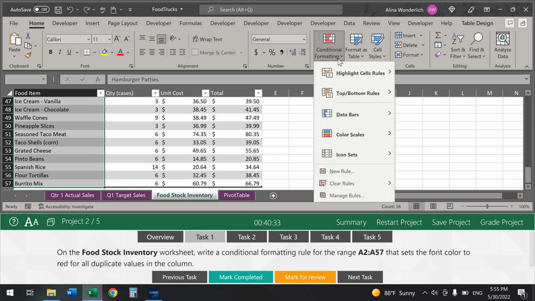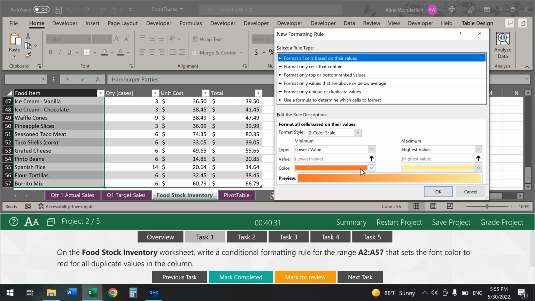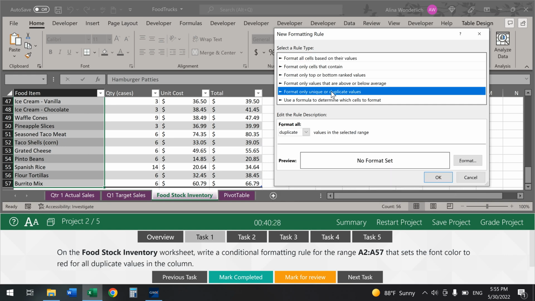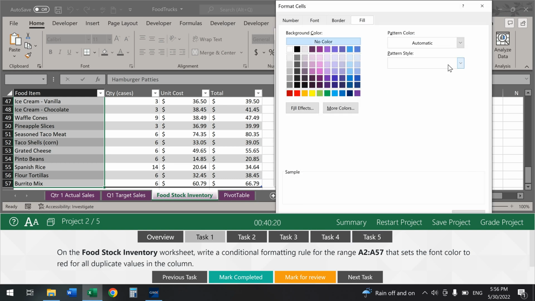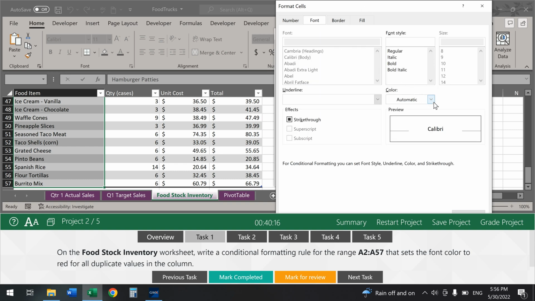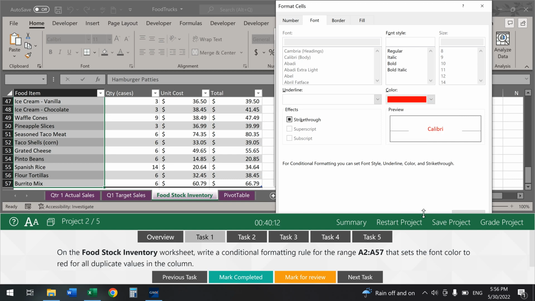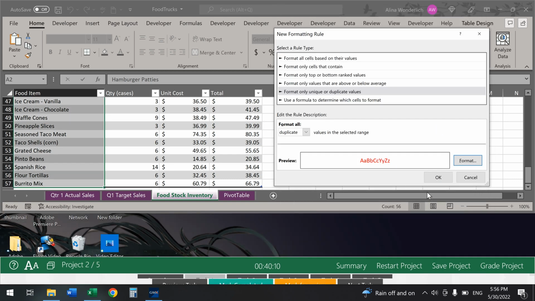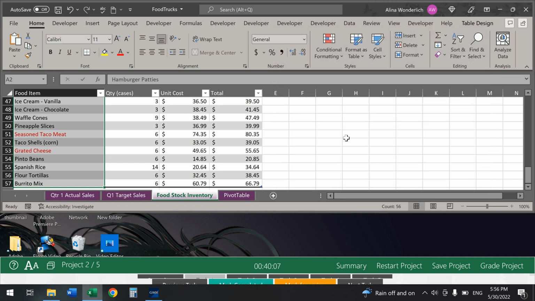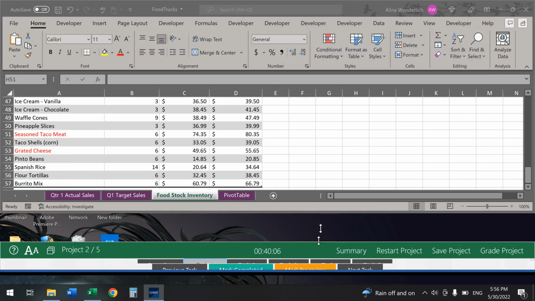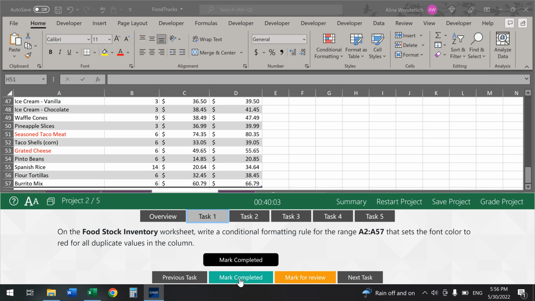We're going to go to conditional formatting and we're going to go to new rule. As you can see here, it's format only unique or duplicate values, but they're asking us for a specific format. They want font color red. So we're going to click format and we're going to click font and we're going to click color. It says right here red. And we're going to click OK, and then we're going to click OK, and here we go. It highlighted all the duplicate values in red. Task 1